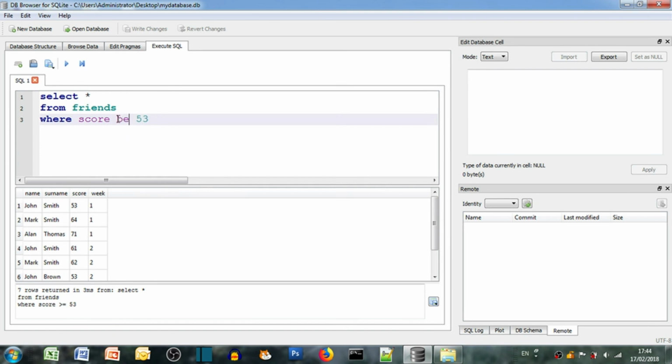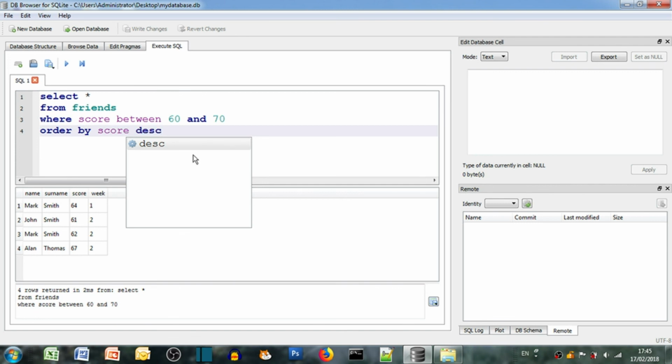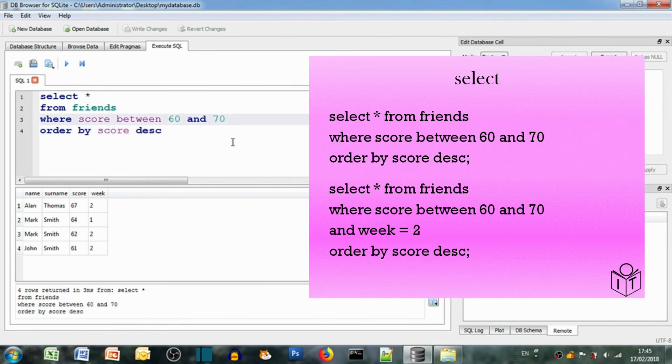Another word you can use is between. So if we want to see scores between 60 and 70, we can say where score between 60 and 70. And there you can see the scores. We can make that easier to see by putting them in order. Again, order by score descending. There we go. So now we have the 4 rows with the scores between 60 and 70 in highest score first